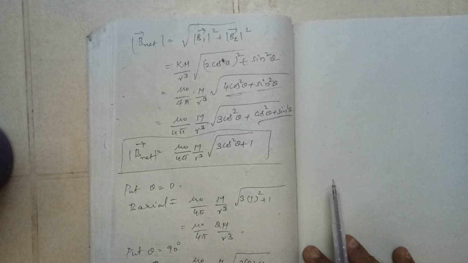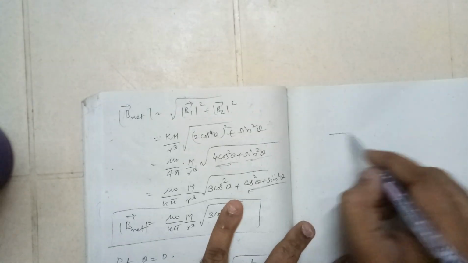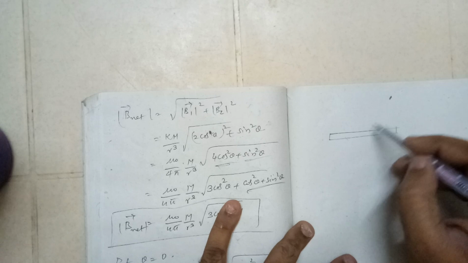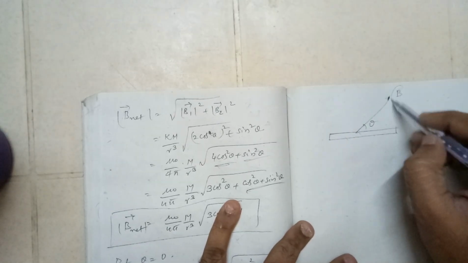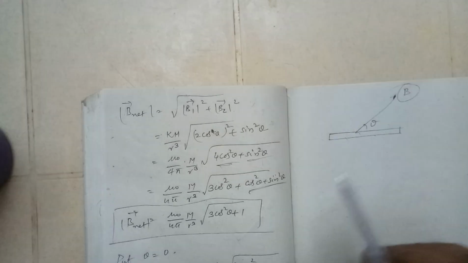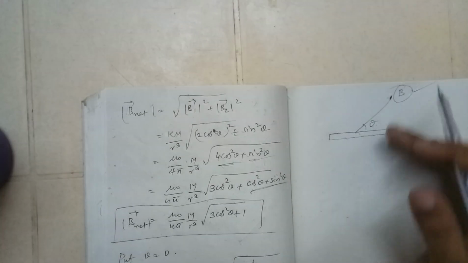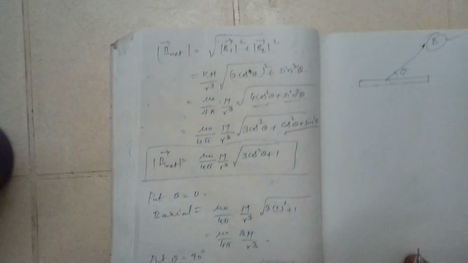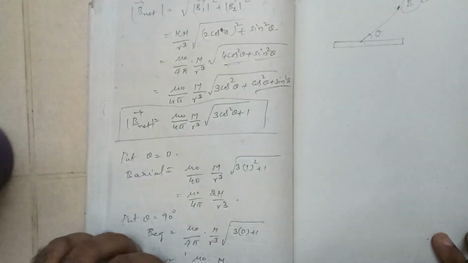This is the general expression to find the magnetic field at any point. That means if I take a magnet and a point, you just need to provide me theta, and I can get you the total b value. This is the meaning of that. If you give theta 30 degrees, you get some value. If 45 degrees, you get some other value. Now our axial and equatorial cases can be derived from this.